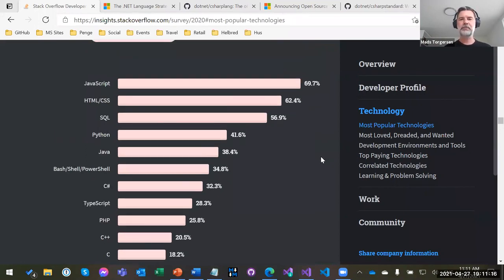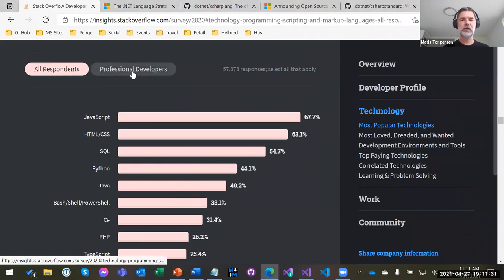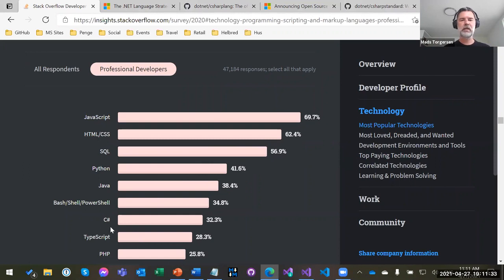This is the survey result of the popularity of languages. You see that it doesn't depend so much on whether you look at all respondents or professional developers. You see that C# among all languages is fairly high on this list. What is it, number 7?